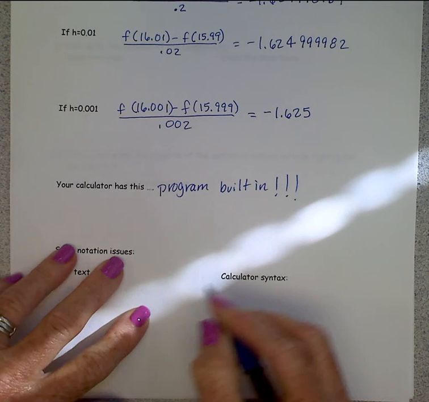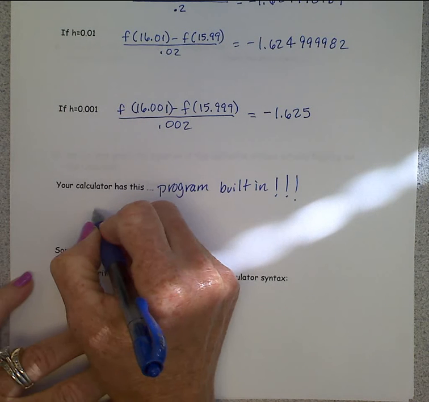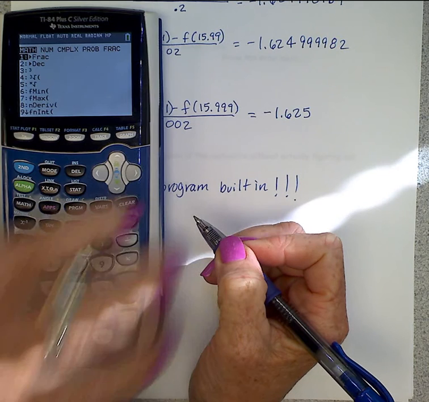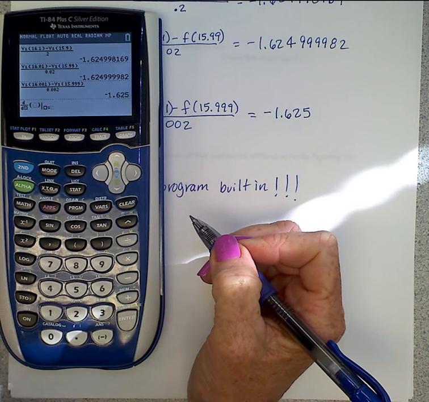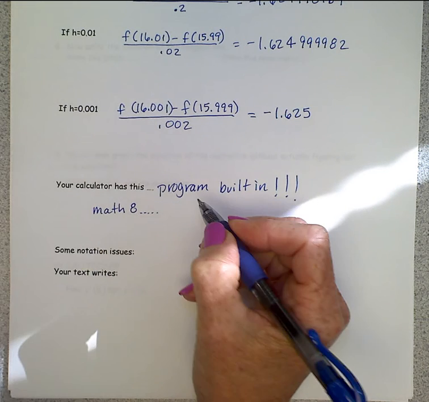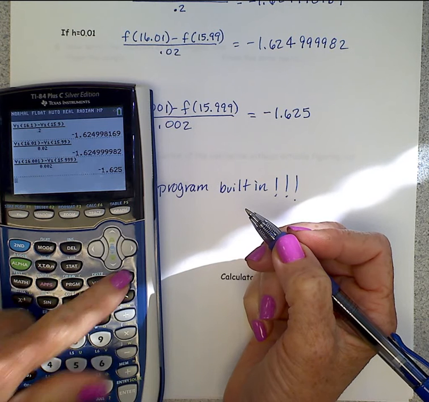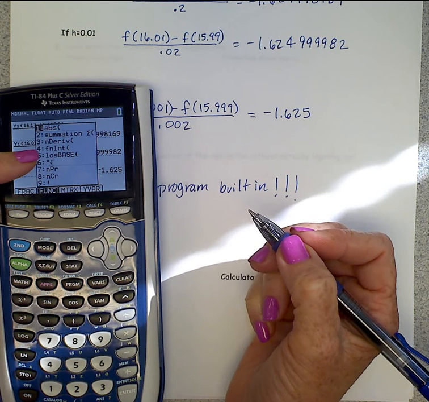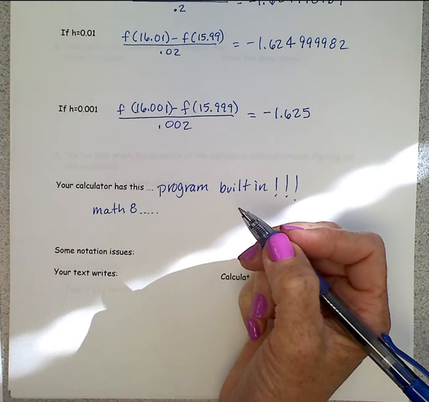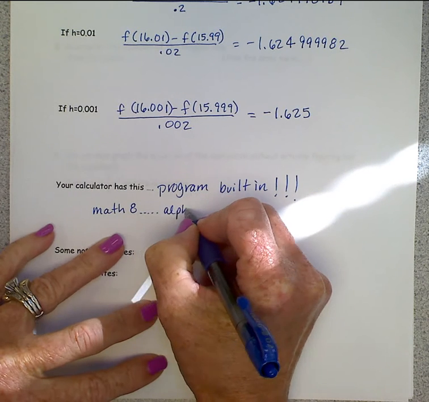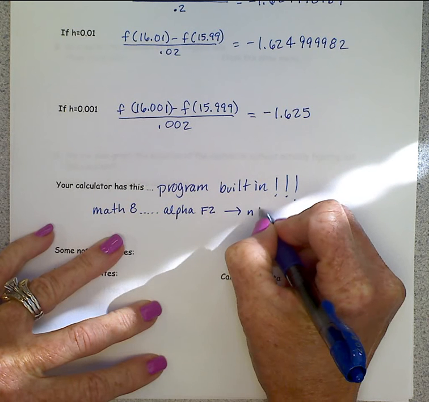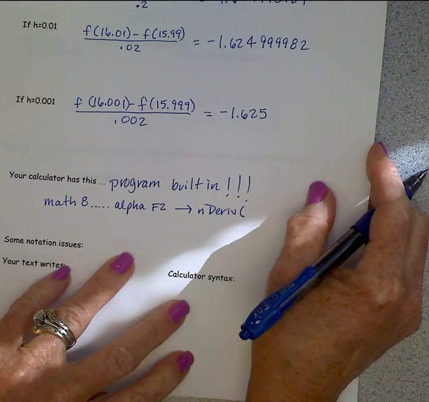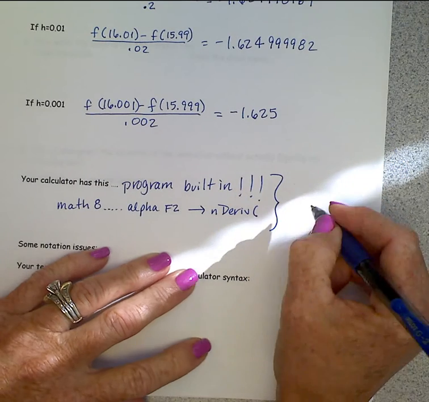All right, here's where you can find this calculator. Under Math, 8. So Math, and then the 8th one down, Derive. Or you can get it much faster if you have the alpha functions in here. So alpha, F2, and right there, number 3, Derive. And that's the one that you want to choose, and it looks like that. This program is set up in your calculator as the symmetric difference quotient,